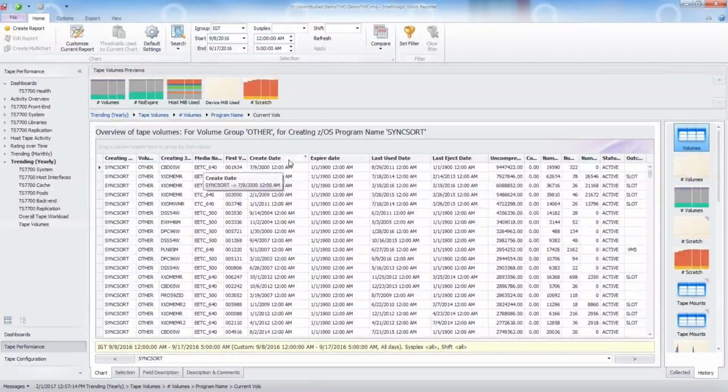So you can see that, for example, here's the creation dates, and some of them are quite old. Now, if it's not for permanent retention, in this case it says it is, but if it's really not permanent retention, certainly these would be candidates for scratching possibly. So that gives you an idea of some of the capabilities that we have in terms of the new TMC analysis that we make available.